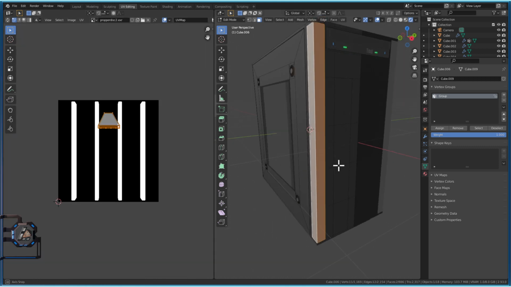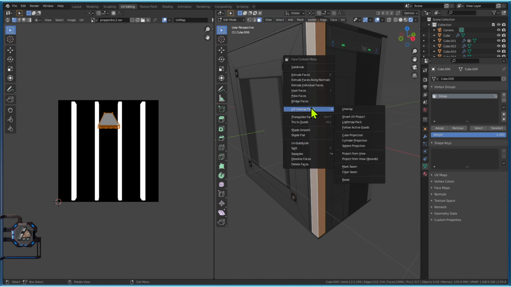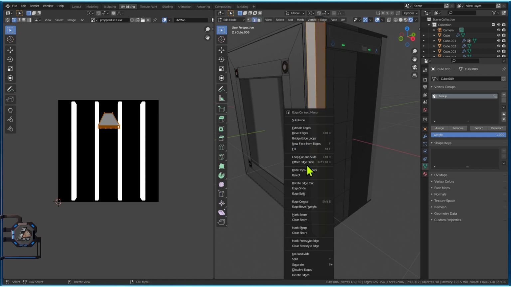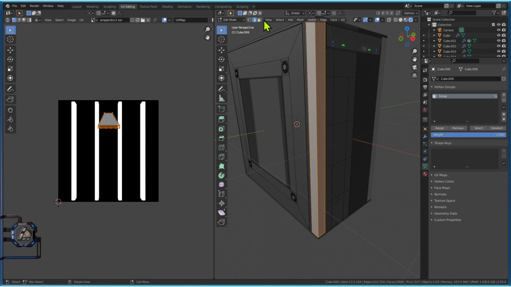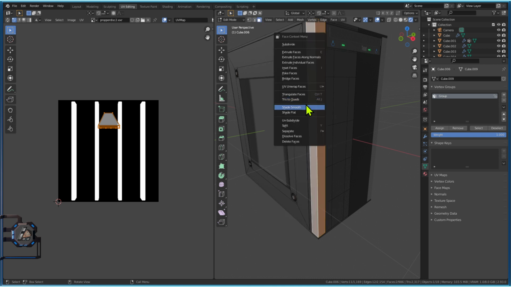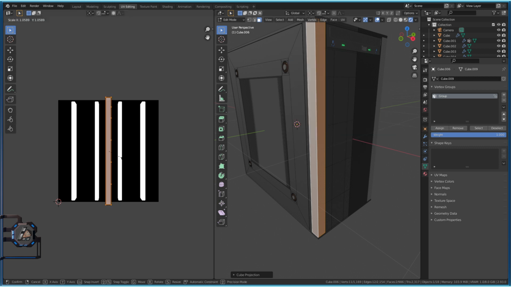Ah, yeah, I see. So first of all, we're going to right click. We have to be for that in the face selection mode. Edit mode, face selection mode. Very important, face selection mode. Otherwise, we're not going to get those options. In the other mode, no options for that. But better options. Most of them, I don't even know what they are doing. Never use that. And then cube projection. We need a cube projection. We could do this also with